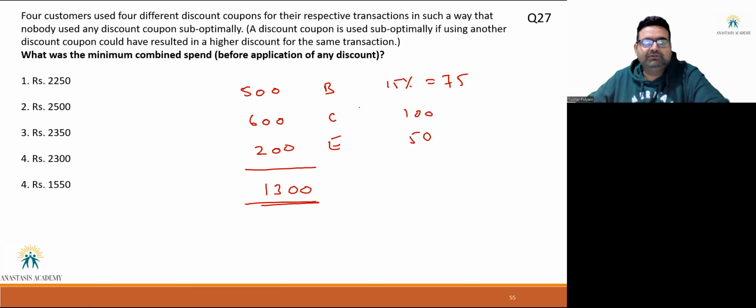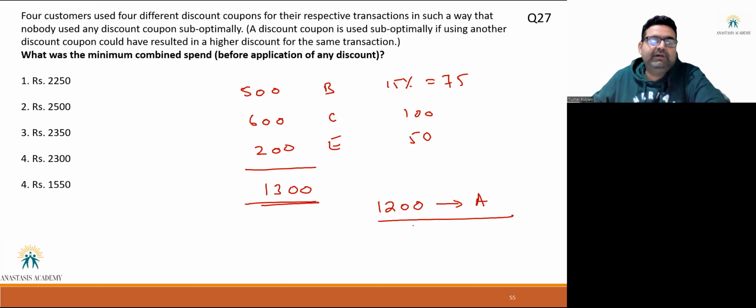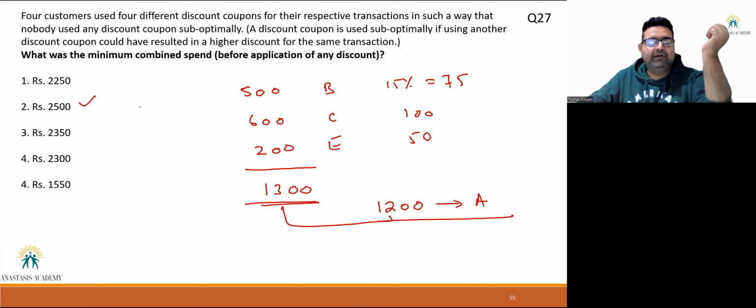Now there are two thoughts to this. The first thought, let's see what the answer key gives. One is that the fourth person spends 1200, applies coupon A, right? This will give you maximum discount because the maximum discount was by coupon A. It was 250 on a base of 1200 minimum, which is more than 20%. In this case, 1300 plus 1200, my answer becomes 2500.